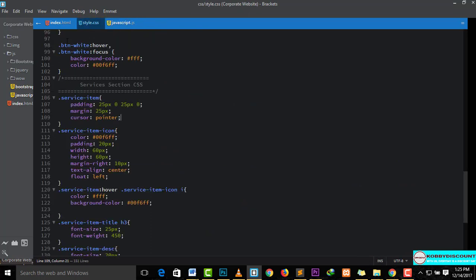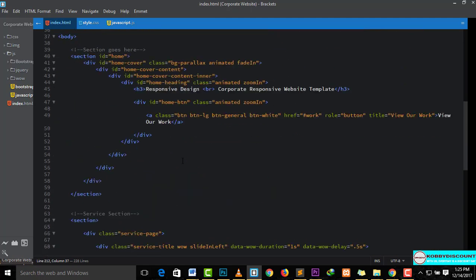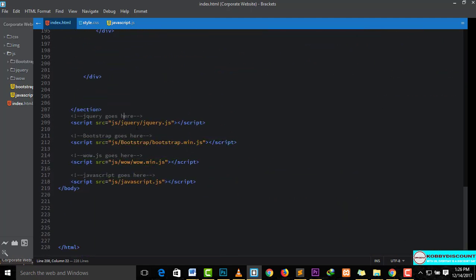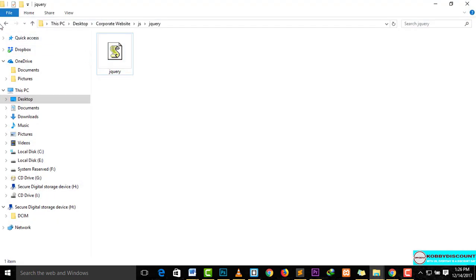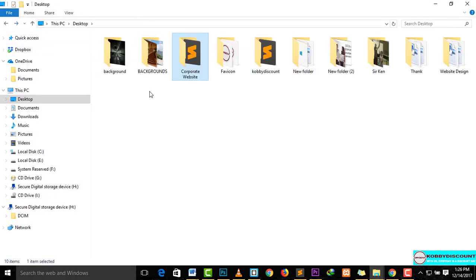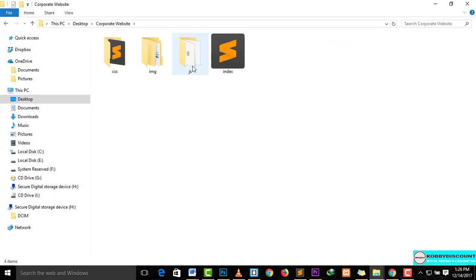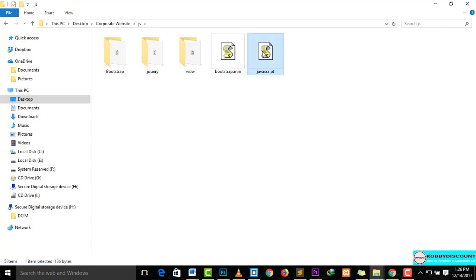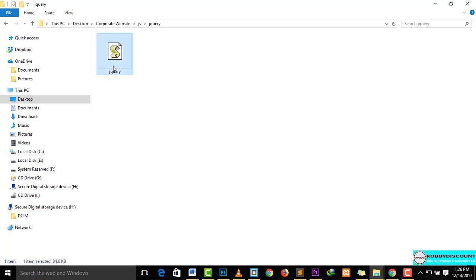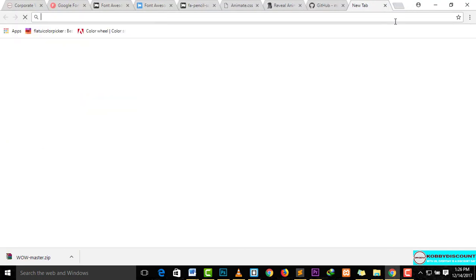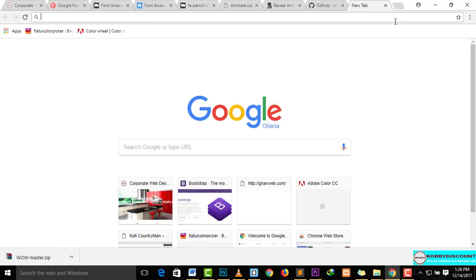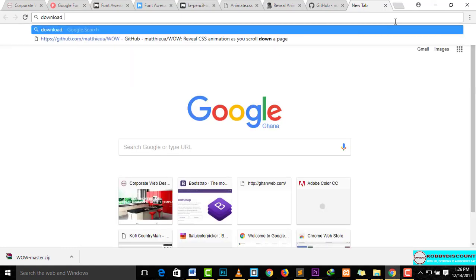Okay, so I think you may have to do same. Make sure you have the jQuery in your corporate website folder. You've added it. This is the corporate website. Within the JS, you create a folder named jQuery. Within that, you add the jQuery here. Of course, you can go online and download jQuery. Just type download jQuery,